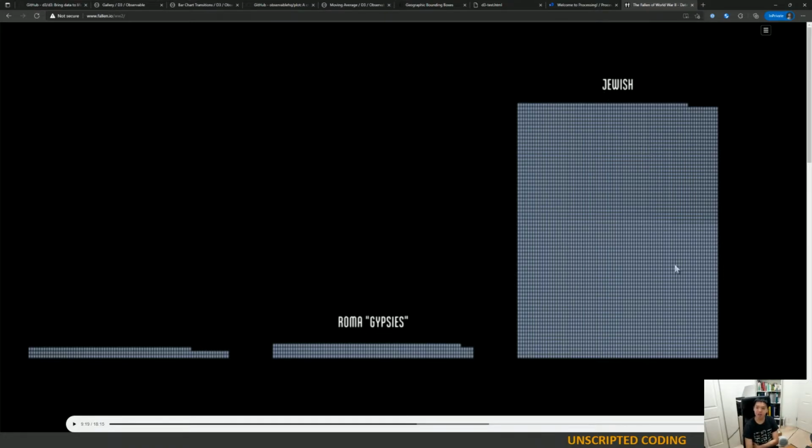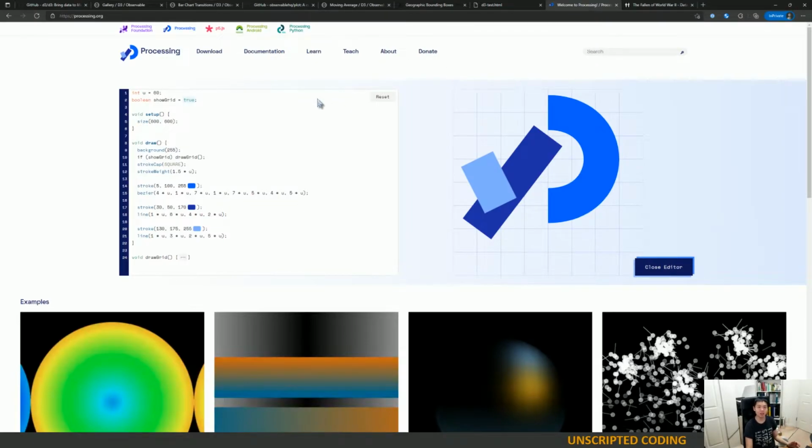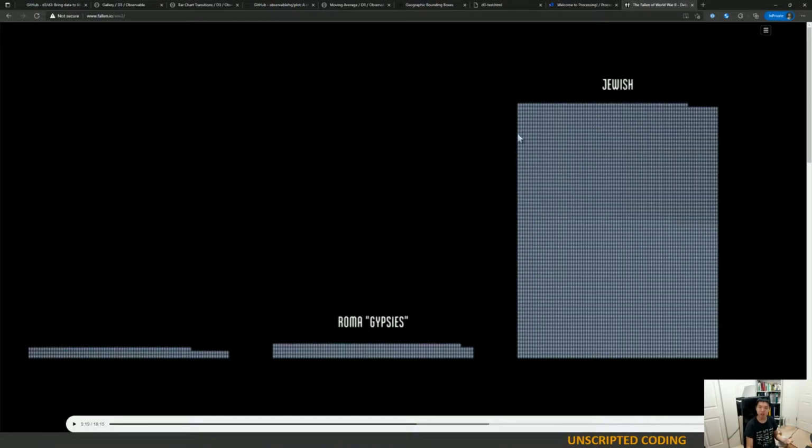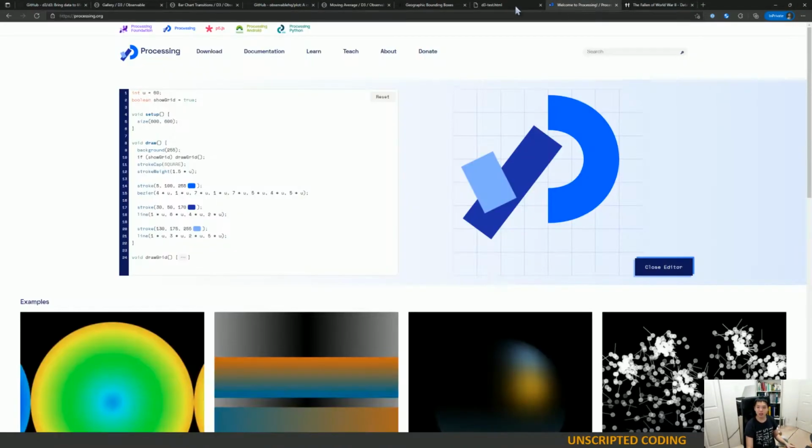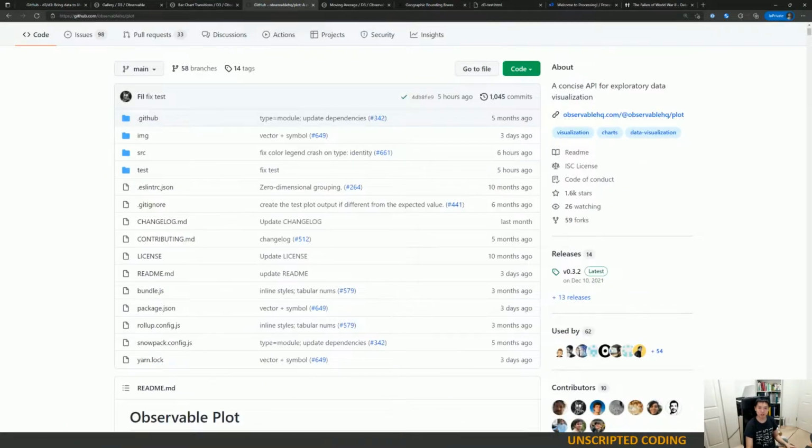I don't know, 1,000 times for this particular chart. In Processing, it's probably a lot easier. I can just do a for loop, just paste the image over and over, or whatever this may be, over and over. So that does make it easier, but when you have